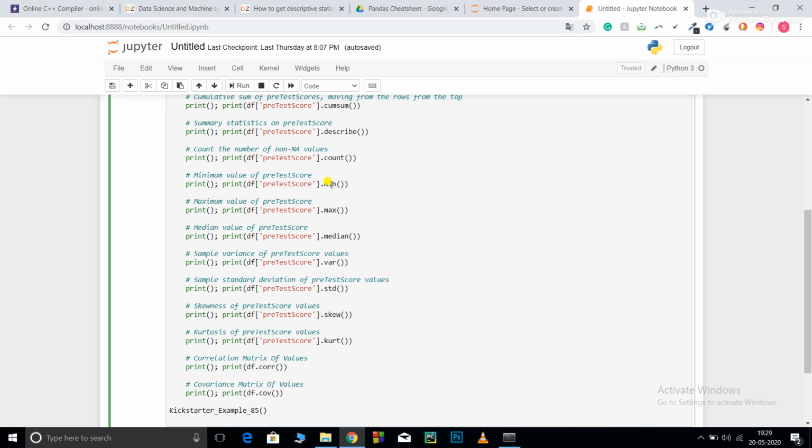After that, min will give me the minimum score for pretest score, max will give me the maximum, and median will give me the median. Mode, you must remember, means the data point that has occurred the maximum number of times,